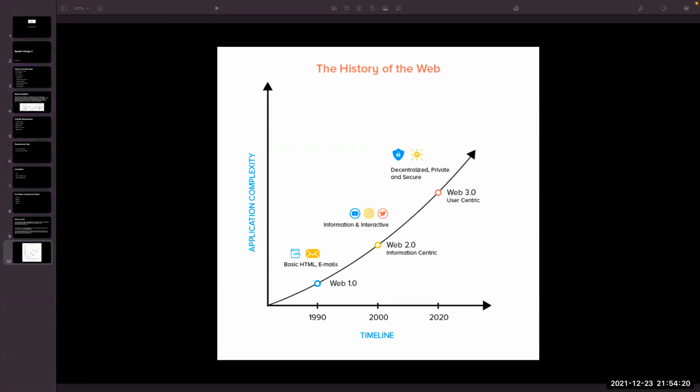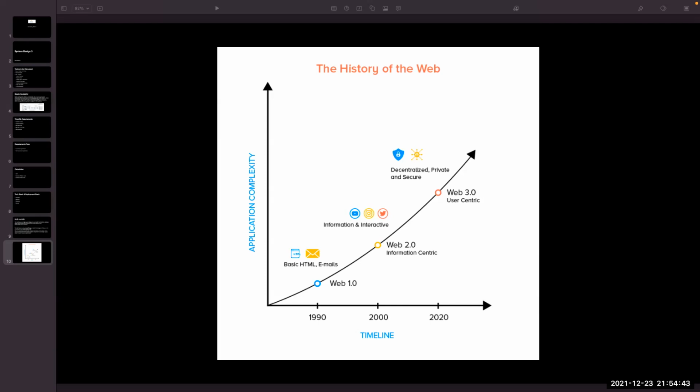Let's move to the history of web applications. Let's start from the 1980s. That was the time when the internet got into the picture, the starting time of the internet. The internet was a powerful tool coming into the picture.